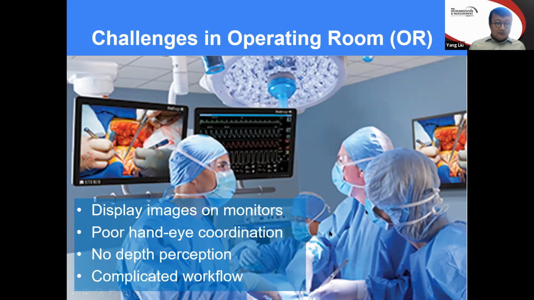And last but not least, we have a complicated workflow, with the big system transported into the operating room and transported out. That can take between 15 to 45 minutes. In the United States, every minute in the operating room costs about $150 on average. So 30 minutes is $4,500 being wasted.